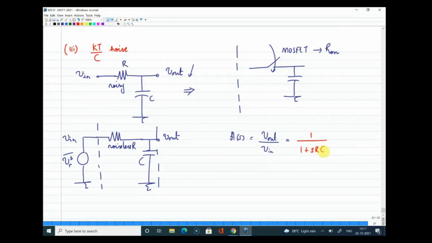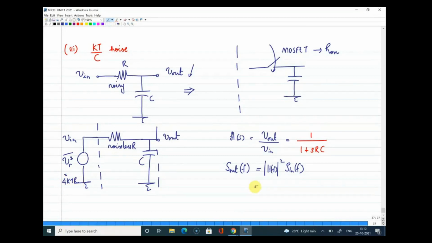This is H(s). Now, we also have this formula with us. When you have the output power spectral density, it is related to the input power spectral density through this relation, the magnitude of H(f) the whole square. I hope you remember this. Now, can you tell me what is the noise in a resistance? What is Vn square bar in this case? The thermal noise of a resistance. Voltage, if I write in terms of voltage, it is actually 4kTR. That is the thermal noise of a resistance.